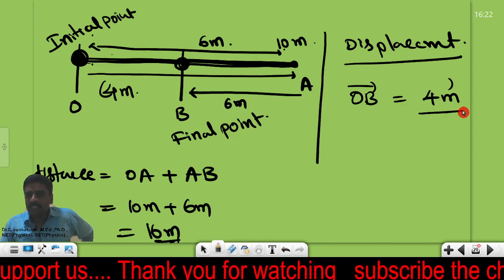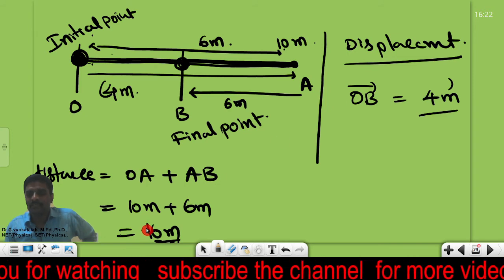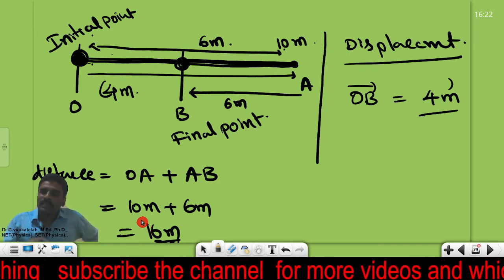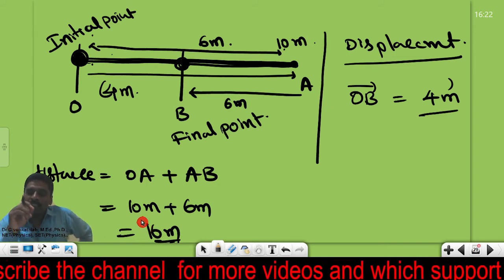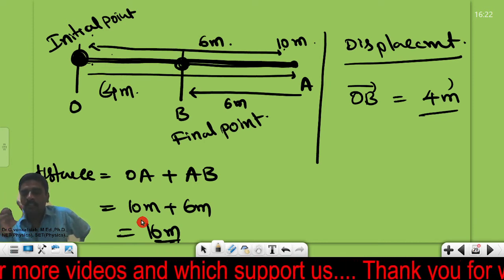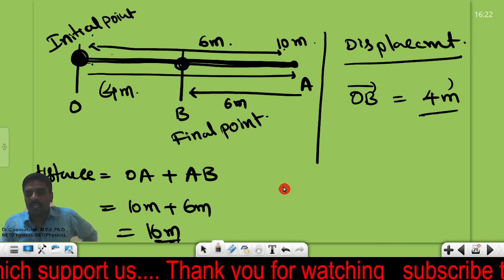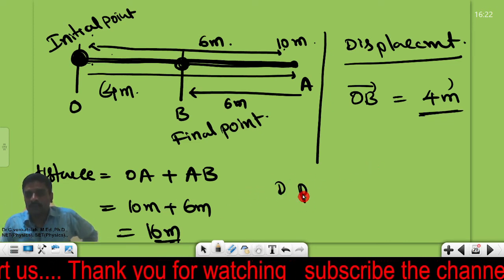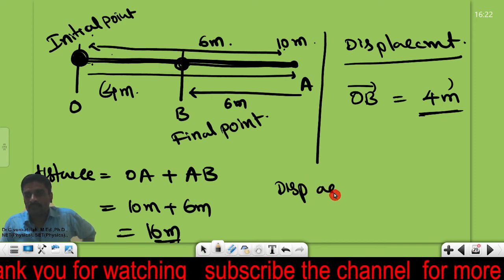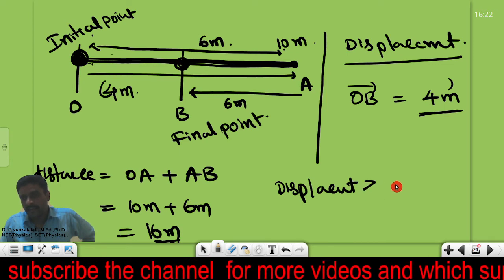Please look at this one. 4 meters is less than 16 meters. That means the displacement is less than the distance. In some cases they may be equal, in some cases the displacement may be smaller. That is the condition we are having. So the final conclusion is displacement